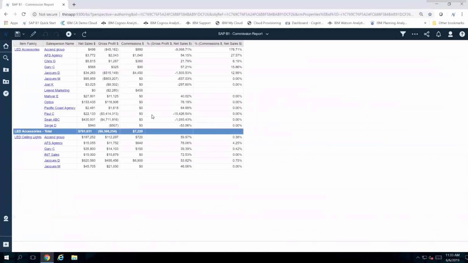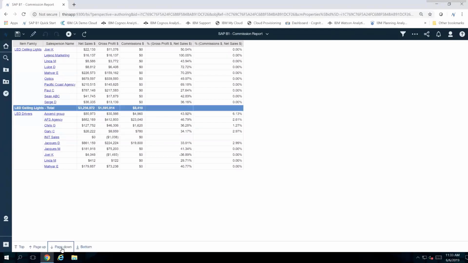And again, this report could have been a series of prompts that came up for a specific period of time. It could have come up with a specific list of item families that we want. It could have been specific territories. We could have set it up however we want. But what I'm going to do now is look at this information specifically for